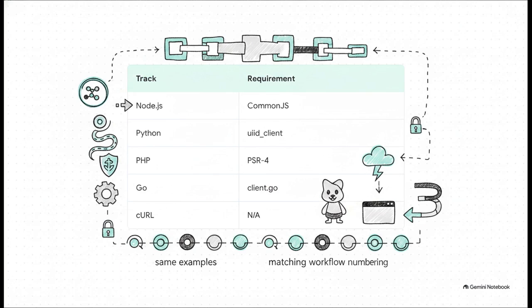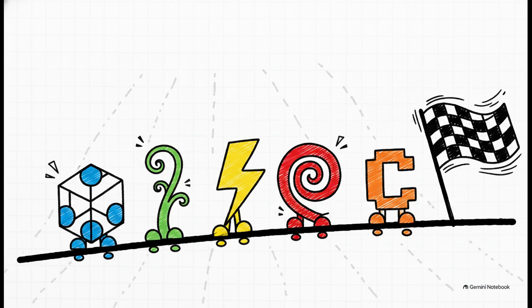But whether you're using Jest for JavaScript, PyTest for Python, PHPUnit, or Go's native testing environment, the overall structure is identical. The example files are named the same, and the workflow numbering matches up perfectly across the board. The learning curve is basically flattened completely no matter what tech stack your team happens to be running. In fact, it gets even better. Every single track starts from the exact same entry point,